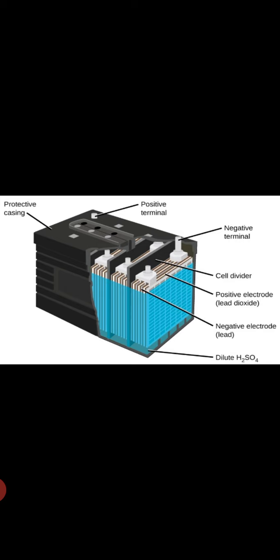So I am showing you this sort of battery. You have seen it in your house or somewhere. You have a negative terminal, that is lead. You can see the positive terminal, the lead oxide. This is a cell divider which divides the different compartments in a cell, made of plastic or some other material. The negative terminal is at the top, as you always see in a battery, and the positive terminal is also there. Plus and minus are written on the battery. The protective casing is made of plastic.